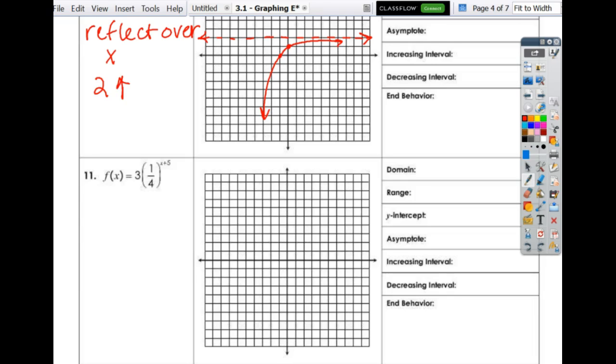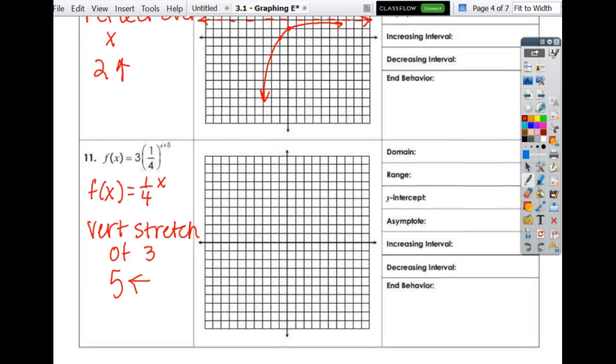So what is the parent function for number 11? It's what? Alyssa. To the x. So, what is the 3? Vertical, vertical. And then the +5 moves it 5 which way? 5 to the left. Okay, so